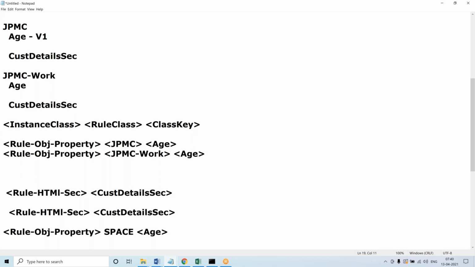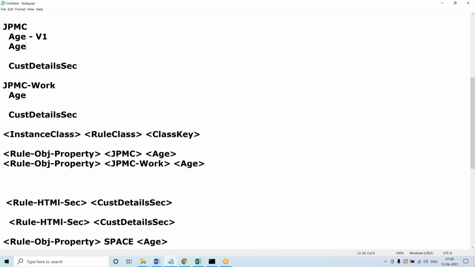Okay, and in the same class I modified age to create version 2. Can we create or not? Rules at version 1, rules at version 2, same property. We can. Yes, we can. So I have the age property. This is already there in the rule obj property table. Now I did a save as of the age property and again created the age property in version 2. It is possible. Now this instance also should be stored into the table only.